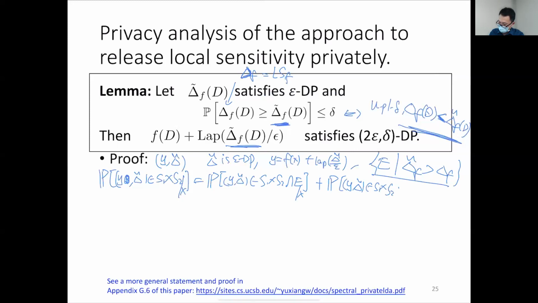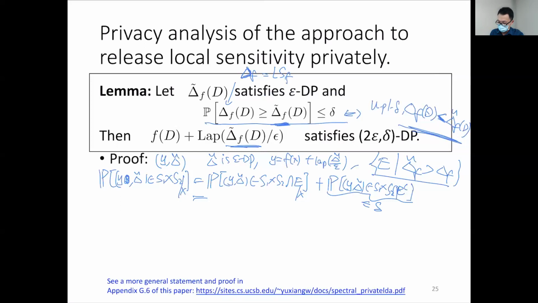and intersect its complement with S2 without changing anything. So this is equal. And using the fact that this E complement happens with small probability according to this condition, we know that this is smaller than delta. And now under this alternative condition,